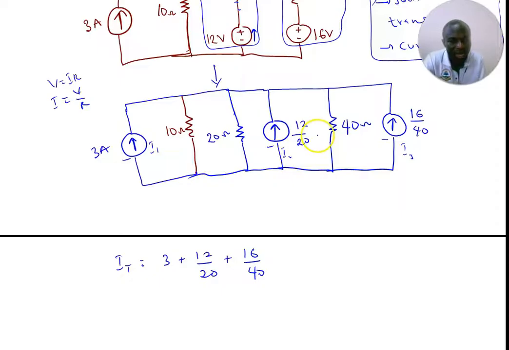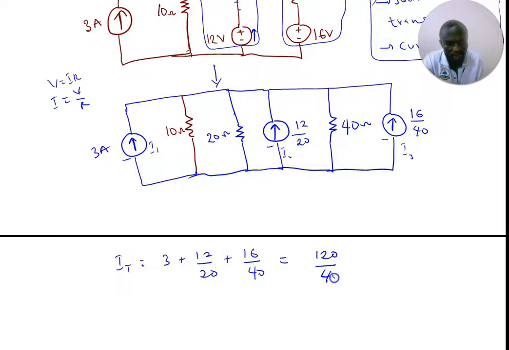They are all moving upward, so the total current is going to be adding all of them. If one was moving downwards, that one would have been subtraction. Now this one, they are all moving upward, so we are going to add all of them. Okay. So with this, I can say that I'll get, let's say,